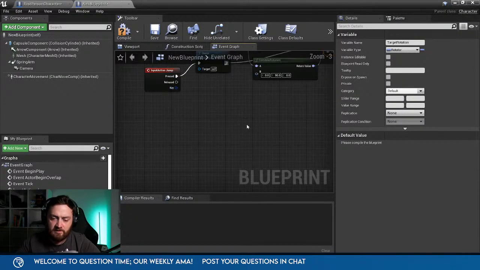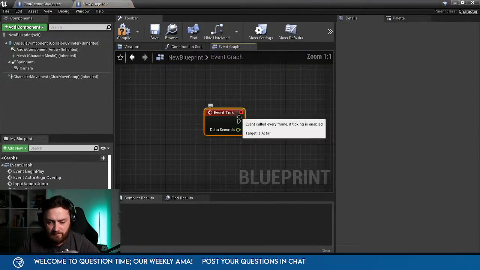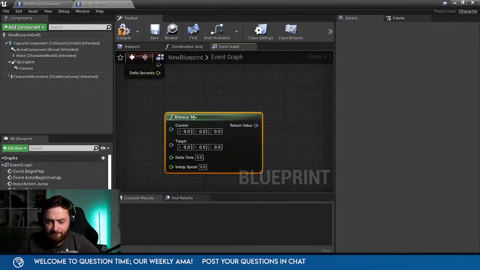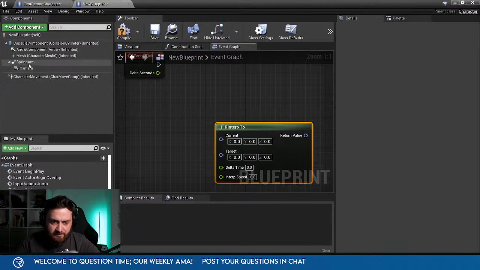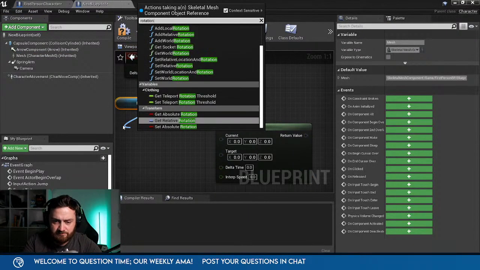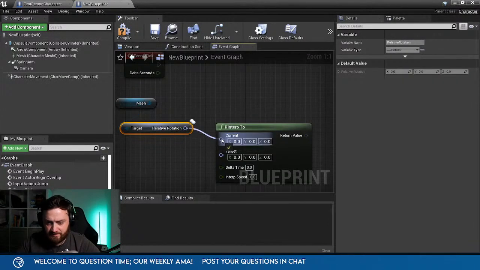Okay. Then on the tick event, we're going to do an R interp 2. The current will be the mesh relative rotation, and plug that in there.